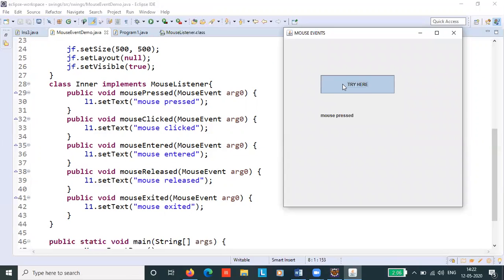Which event is being triggered here? Mouse pressed, then mouse clicked. Mouse released is not displayed because it is very quick, so you're not able to see the text there. Okay, so mouse exited, mouse entered, mouse pressed. We are able to see these 3 messages.